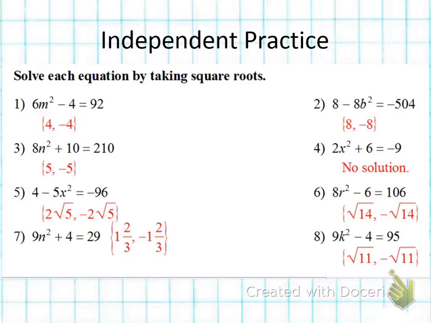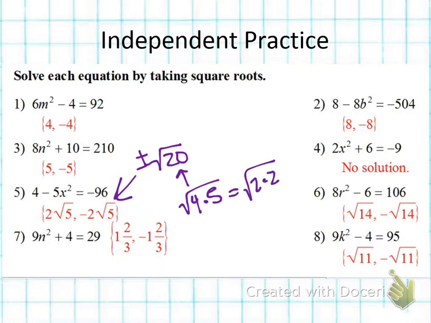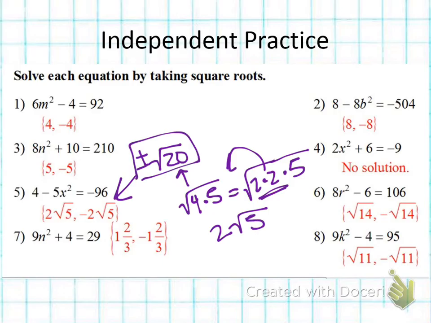Actually, let me start with number 5 right here. You might get down to the square root of 20 or plus or minus the square root of 20. Square root of 20 is just the square root of 4 times 5. 4 is just 2 times 2. And remember, when we have 2 of the same thing, they get to break out, but only one makes it, so we have 2 root 5. Okay, so if you get to this answer, that's correct, but